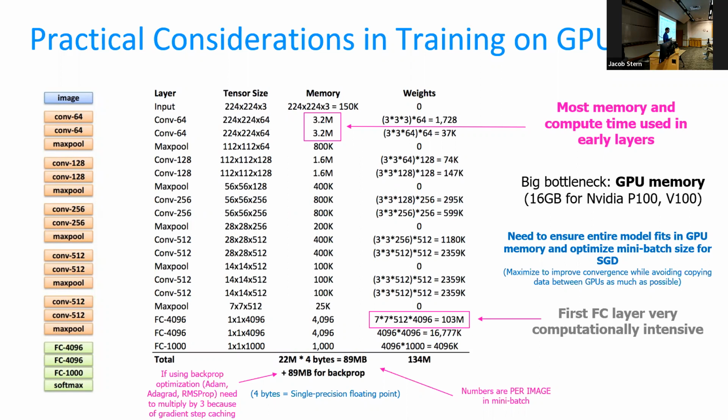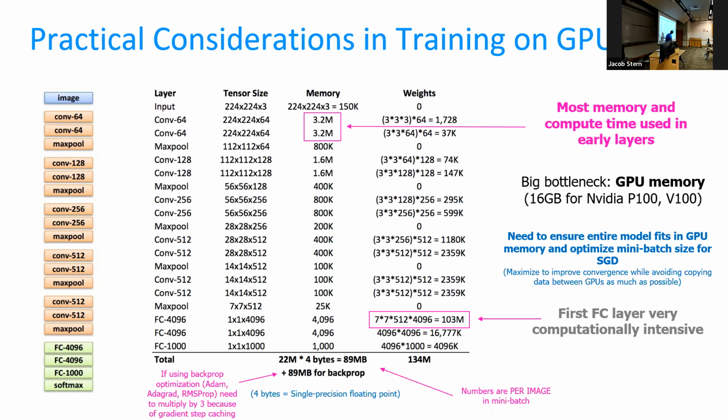Yeah, Brendan? Do we have to store all 22 megabytes of memory going forward? All 22 million parameters. So that's kind of what I mentioned. We don't necessarily have to, but it means that we have to recompute that forward pass basically at each layer that we go backwards. So I'm going to tell you what I think. I think that on the backward pass, instead of having plus 89 megabytes, we should have plus 134 megabytes, because